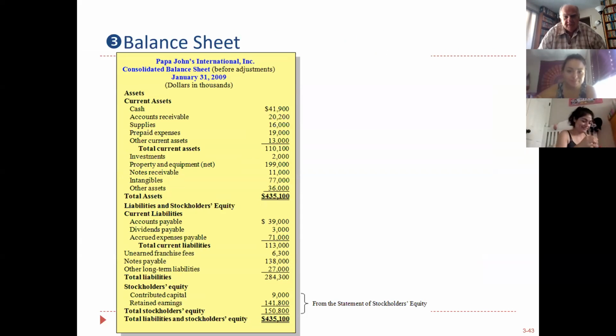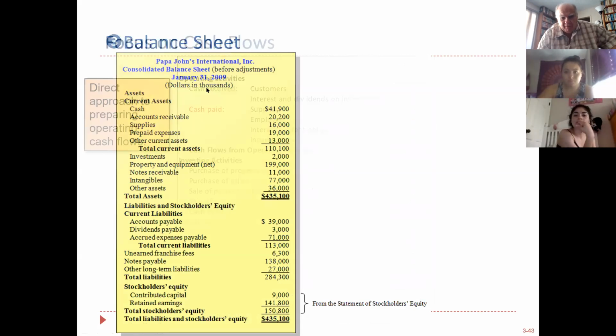Now that we've prepared that statement, here we go. The balance sheet. Notice this heading. It doesn't say for the month of. If it did say for the month of, it would be wrong. The balance sheet is not an accumulated number. Cash didn't start with zero and then go up and up and up. It went up and down, up and down. Everything in your balance sheet goes up and down. So the balance sheet must say as of, like it says here, January 31st.